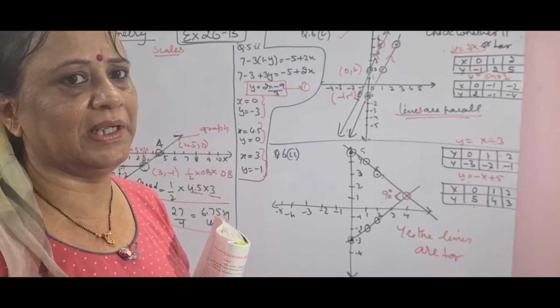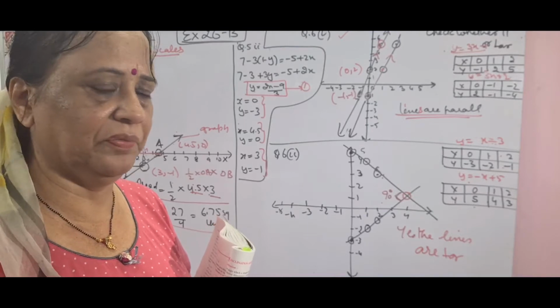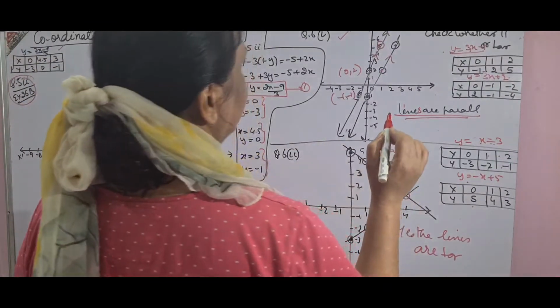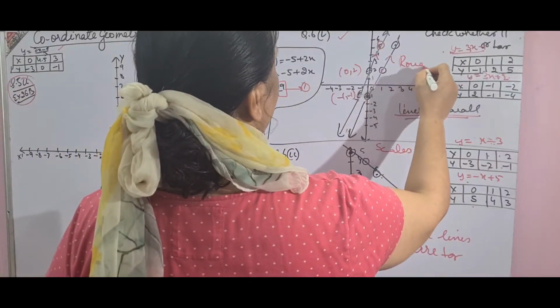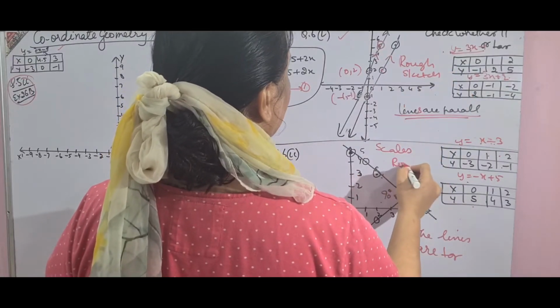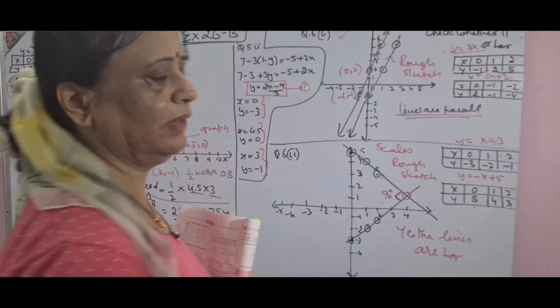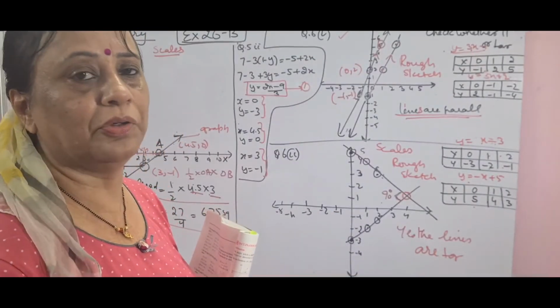The method is the same: tables to be written, 3 points to be put, 3 you will get, and of course the scales to be mentioned. And very categorically I am telling you, these are all rough sketches just to make you understand. When you do it on the proper ICSE graphs, you will get very beautiful figures, trust me, and you'll get your answer. Just follow the technique which I have told you.